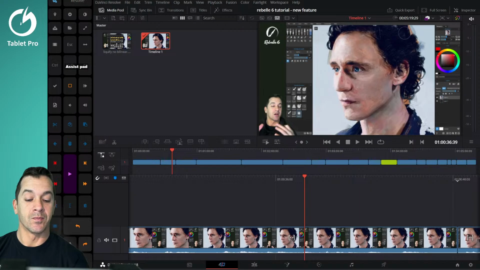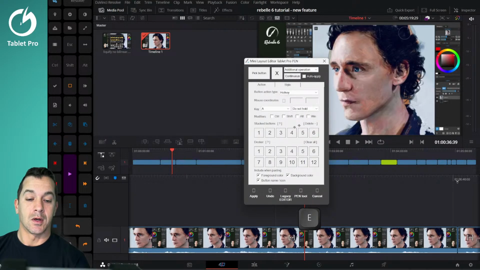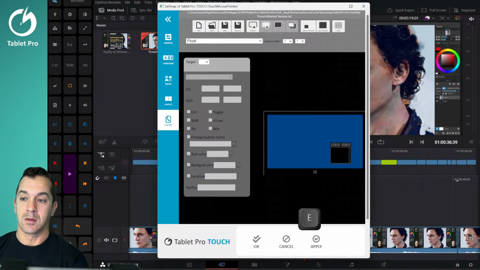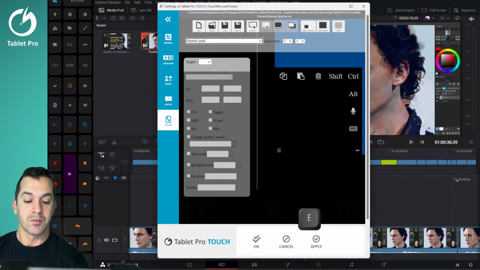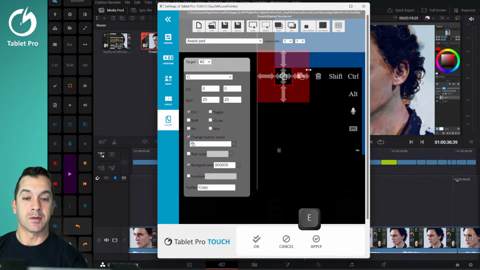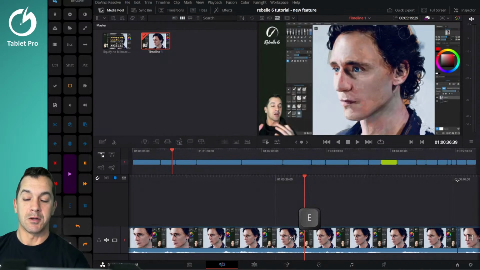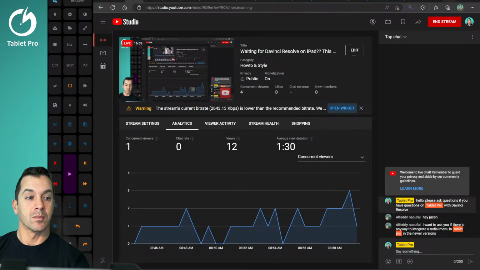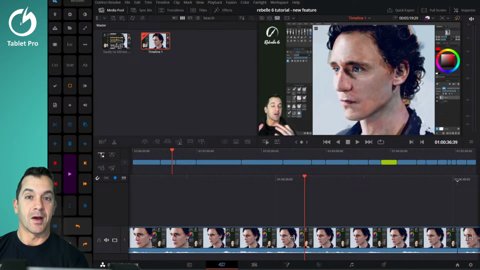This is the assist pad. So you would go into, this is the new mini editor, the legacy editor. You know, I don't know, how would we edit this? This is assist pad right here. So you would go and add and edit your buttons here, and you can change them in the new mini editor. I don't know if that helps, but